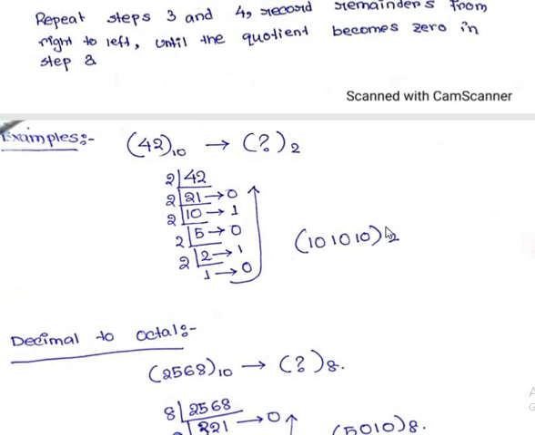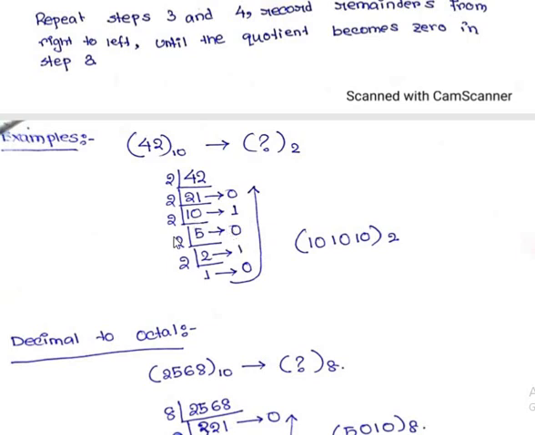So let me discuss the process once again with you. I will divide the number 42 by 2. Now I will write the result over here and the remainder over there by using an arrow. Whenever I divide 42 by 2, I get the result as 21 and the remainder will be 0. Again dividing 21 by 2, I will get the result as 10 and the remainder will be 1, as 10 into 2 will give you 20 only. I have written the remainder by using an arrow. Now dividing 10 by 2 will give you result as 5 and the remainder will be 0.